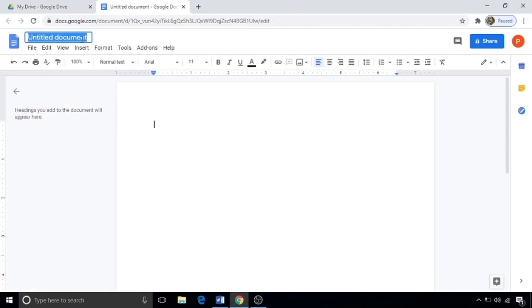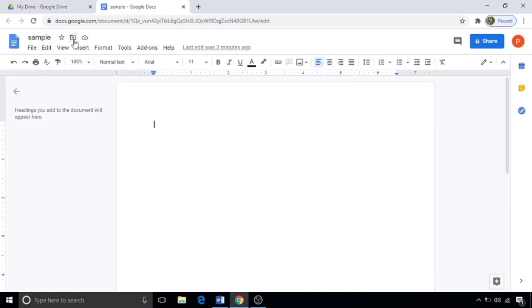Name your document. I am giving it as sample. This way is easier to find your file and work later on. Also, you can see two icons near your document. If you click the star, your document is listed under starred, which we saw in our last videos, specifically in the uploading parts. If you list it under star, you can upload this file from the starred section whenever you need, as I discussed in Google Classroom files uploading.